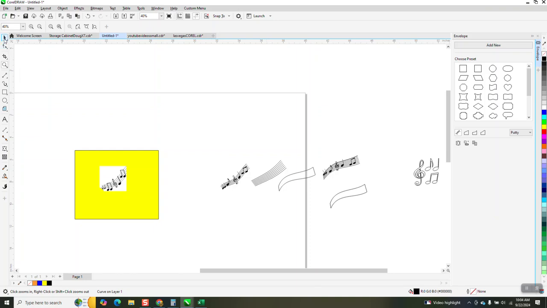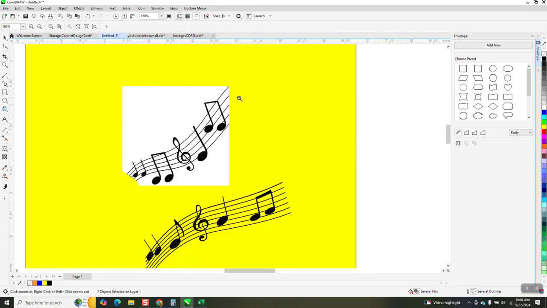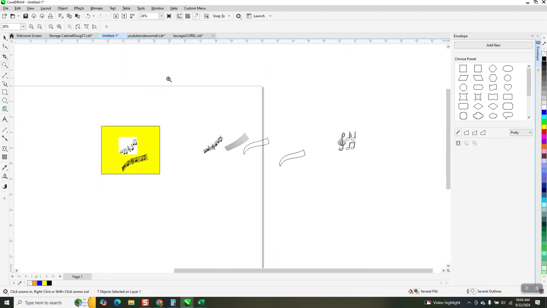Let me bring it in a little closer. And if you look at them side by side, they've got a little bit more of a sweep to it. But we could have done that with the envelope tool. Let's back up here. And you can do anything you want to with it. I'm going to have to get back to straight lines. And we're going to take this